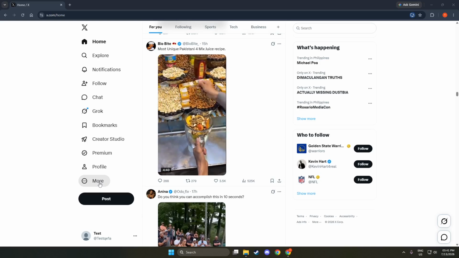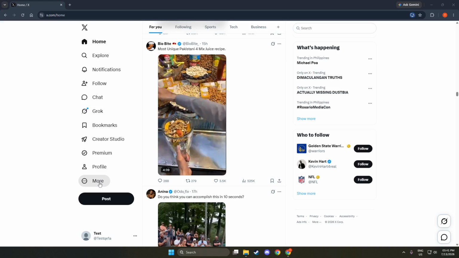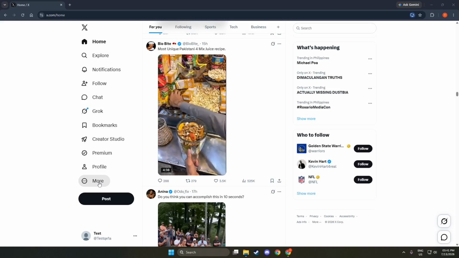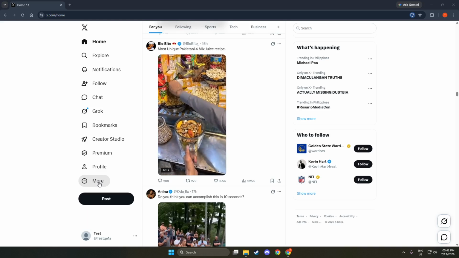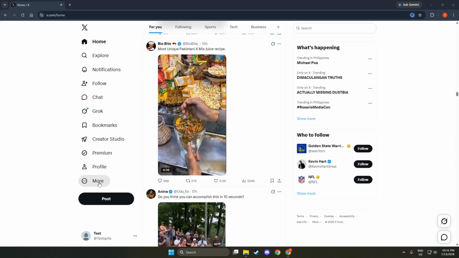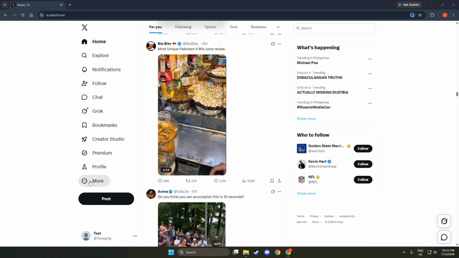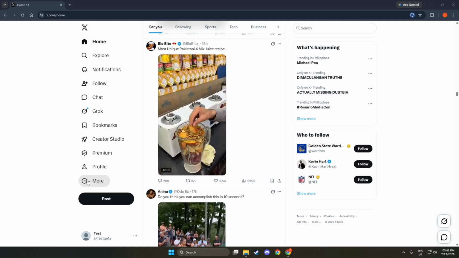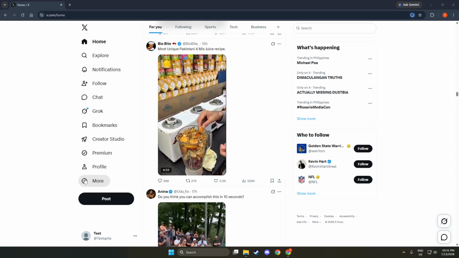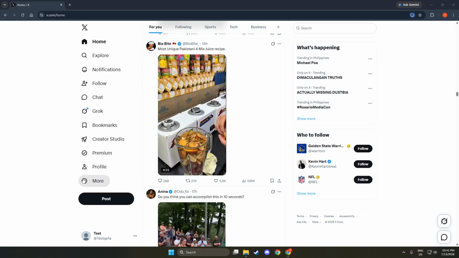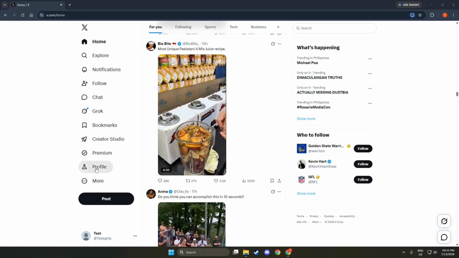Now, you should see a list of all your posts. Scroll through to find the specific post you want to delete. Look closely at the content and make sure it is the right one, as this action cannot be undone once completed. This step is significant because it prevents accidental deletions. You want to be certain that you are deleting the correct post. Take your time to review the post before moving forward.